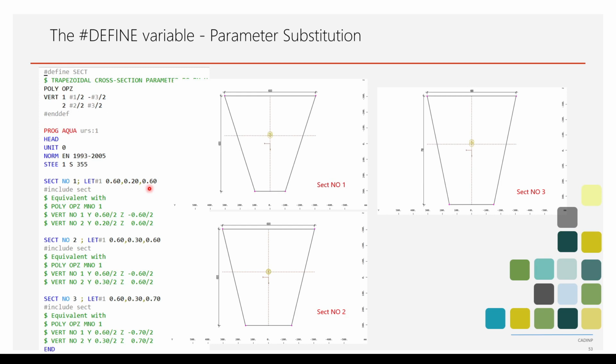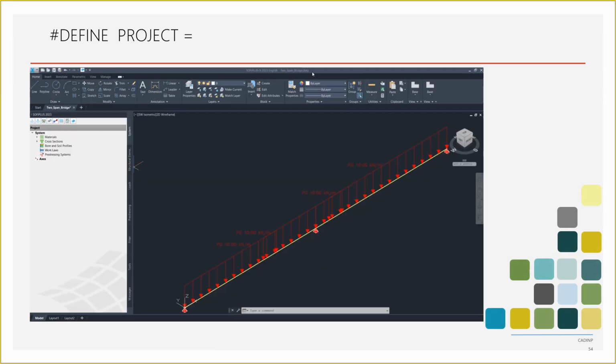With very little effort, multiple cross-sections can be created in one particular Aqua module. After having run the Aqua module, its report will display 3 cross-sections with numbers 1, 2 and 3 as per the input, as we expected. I would like to still go on with another example demonstrating the capabilities of the #define command, because it really